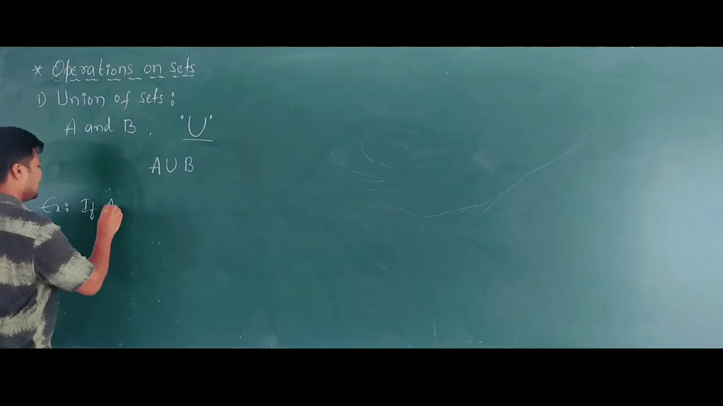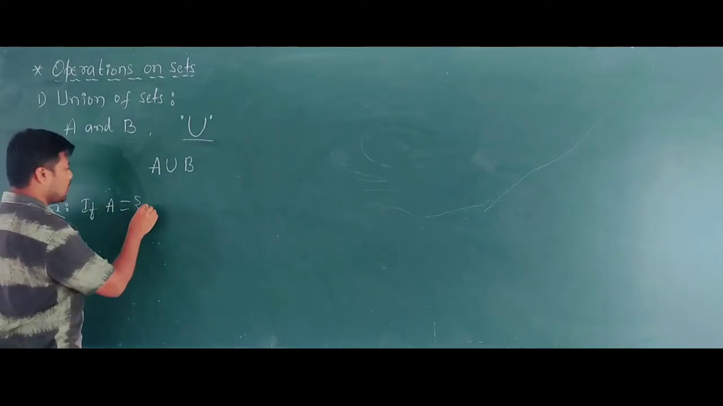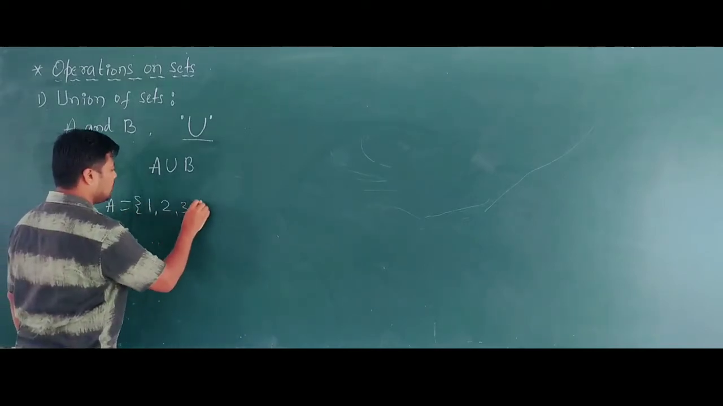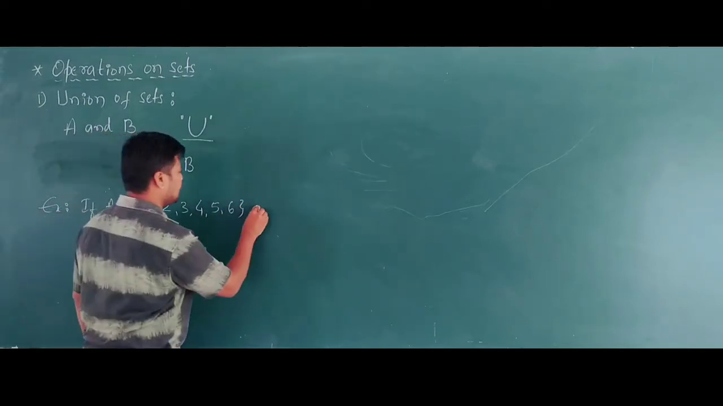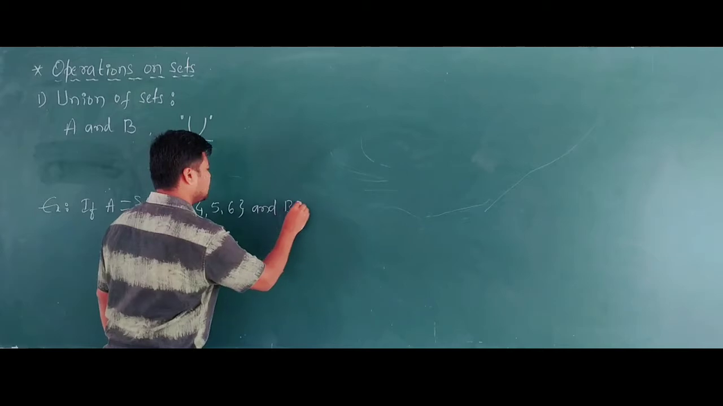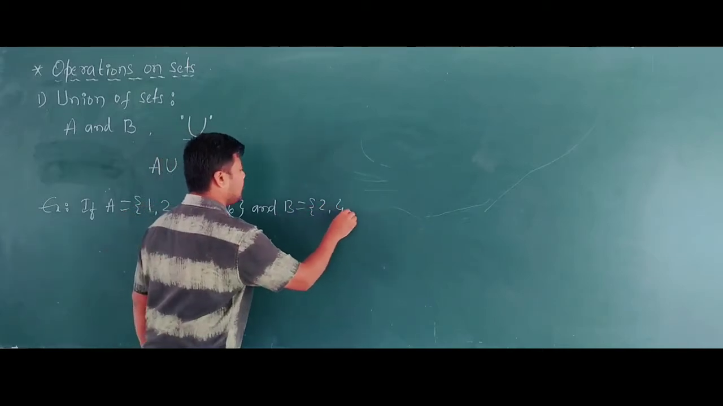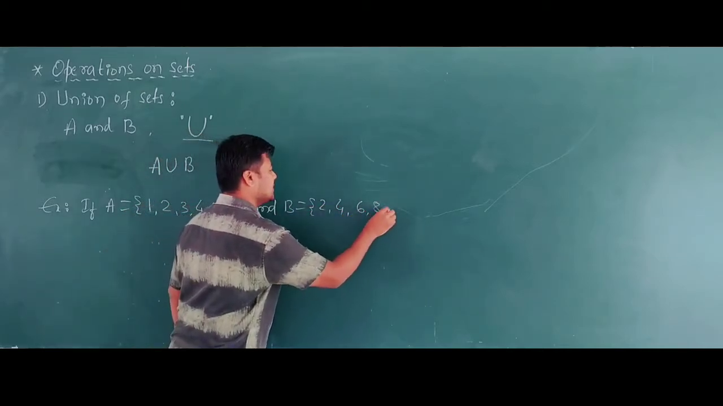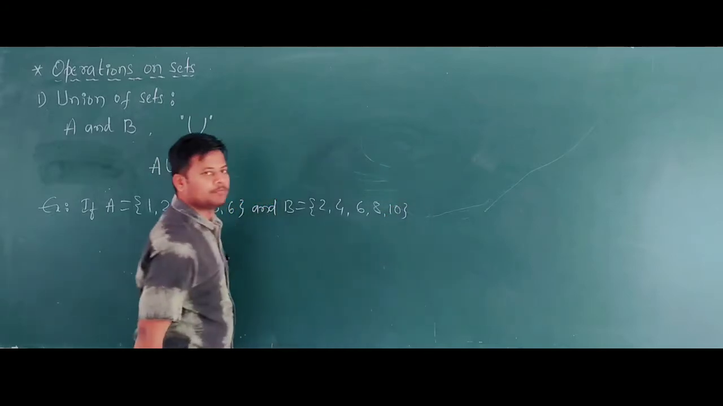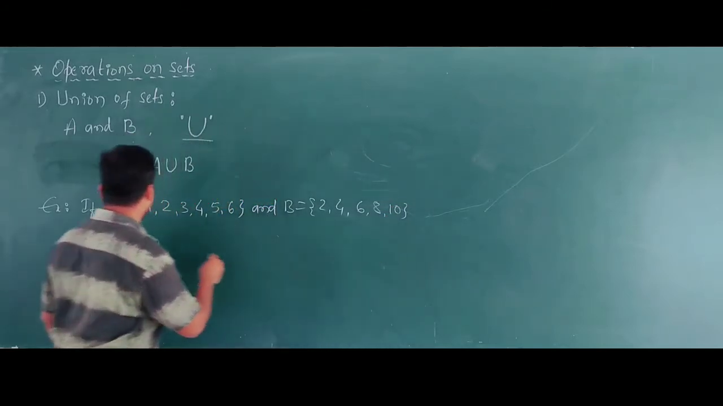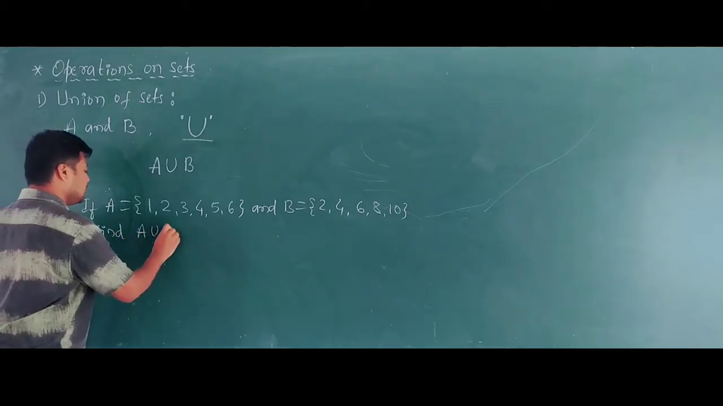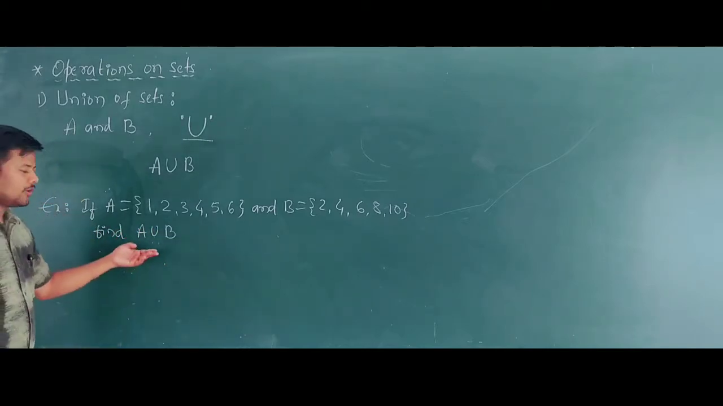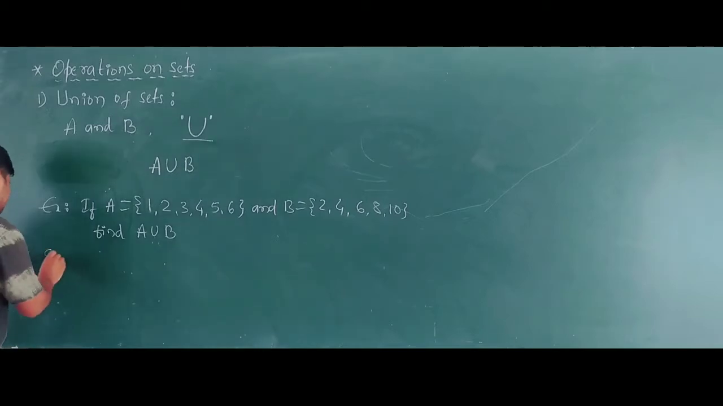Example: if set A equals 1, 2, 3, 4, 5, 6 and set B equals 2, 4, 6, 8, 10. Find A union B. So we have to find A union B. Solution: